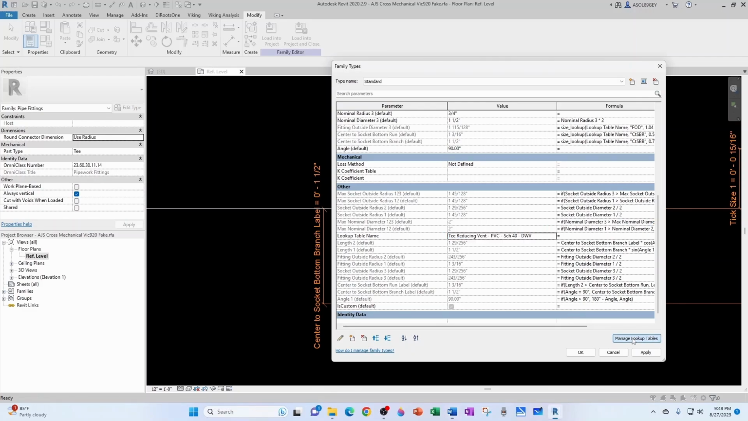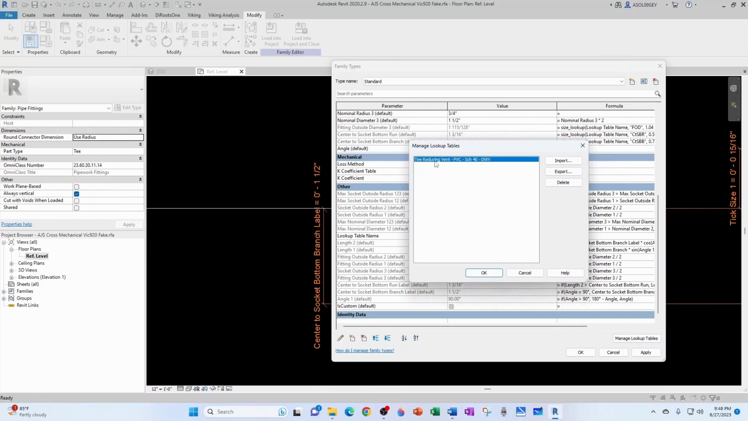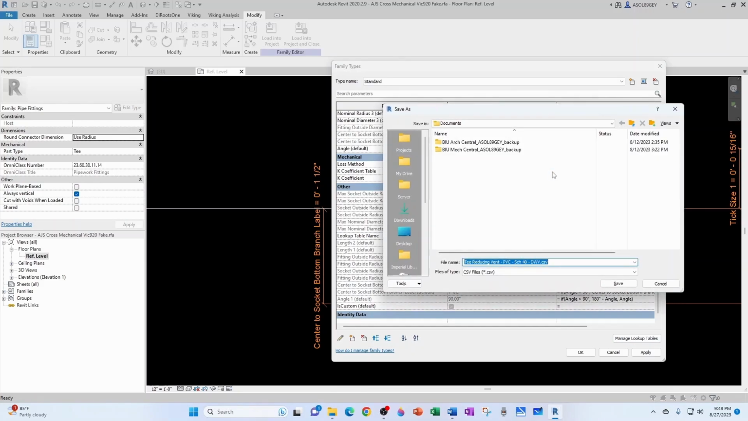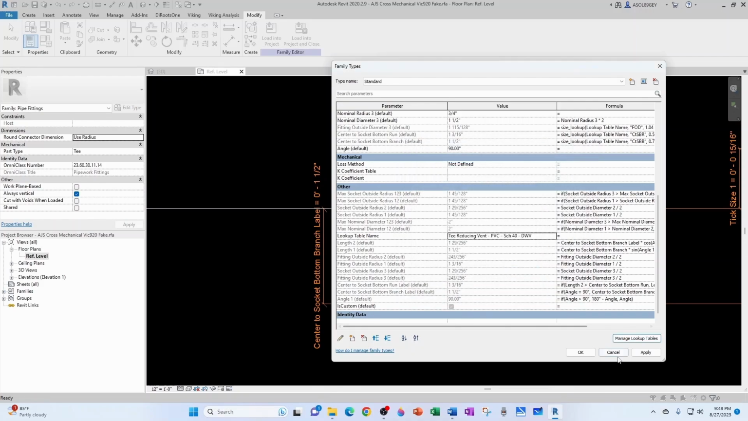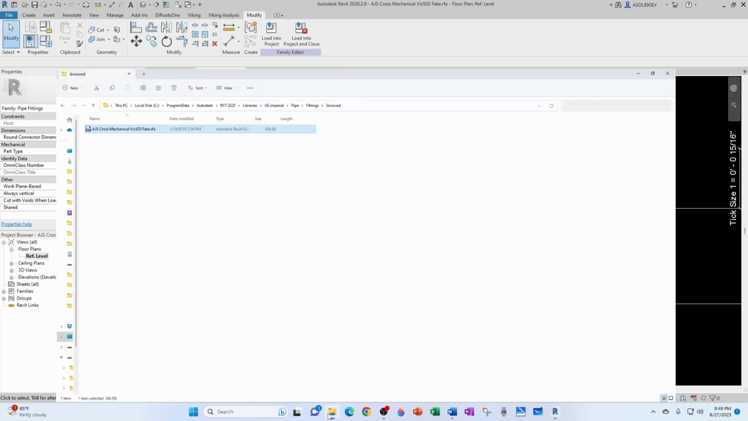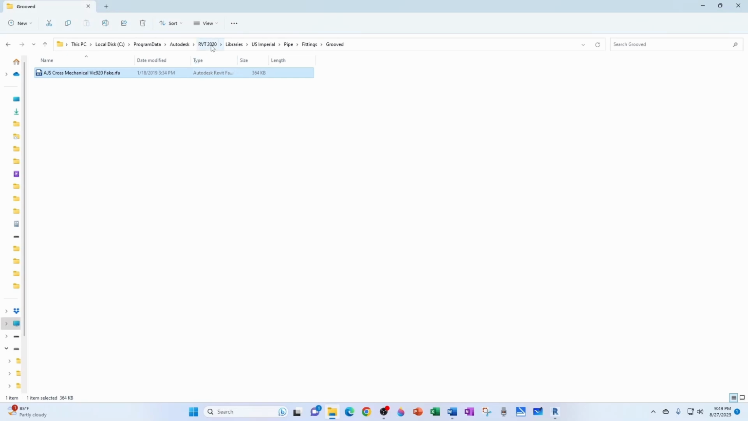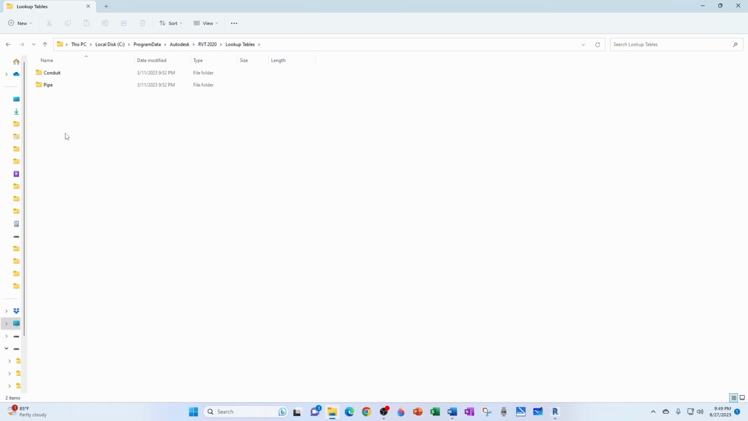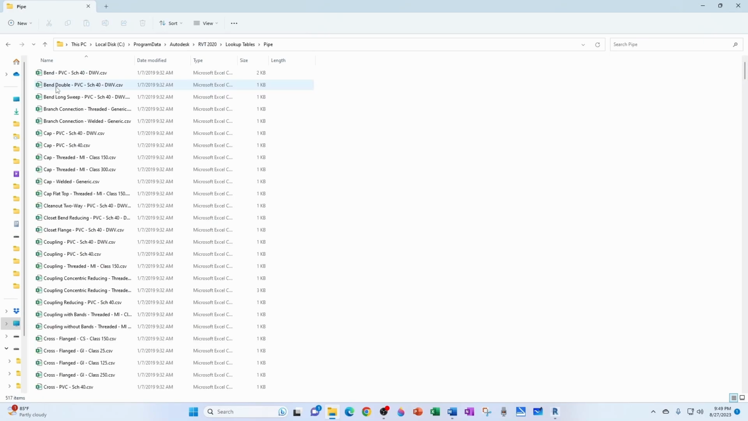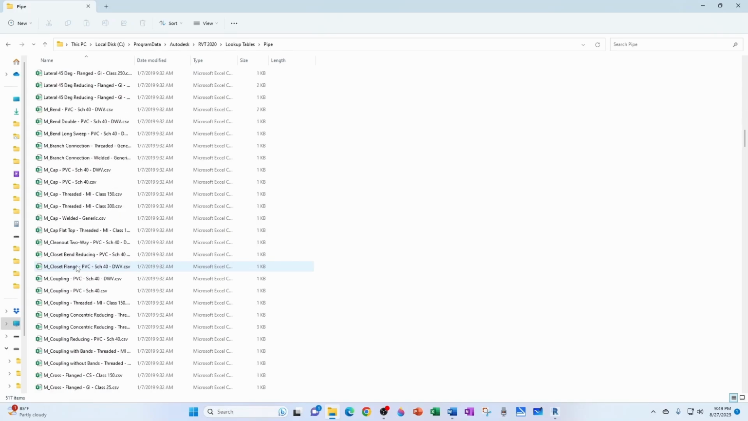Now we go to manage lookup tables. Here it is. And then you could export this if you wanted to, or you could import a new one. In my case, I'm just gonna cancel out of here. And let's go hunt for that lookup table. That's going to be located in the same folder, RVT 2020, but instead of libraries, it's lookup tables. So if you double click here, you go to pipe, and now we need to look for that T reducing vent, right? So I'm going to navigate all the way down,